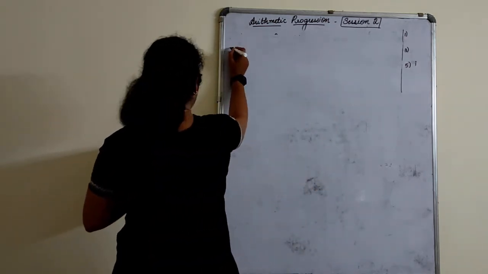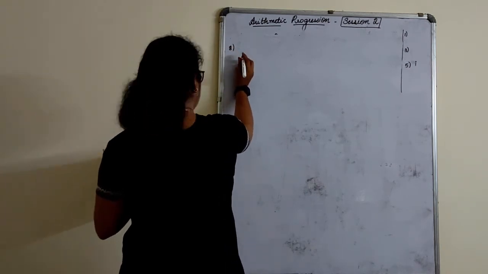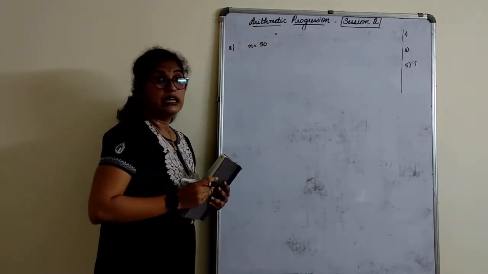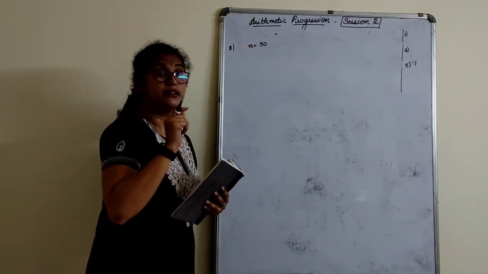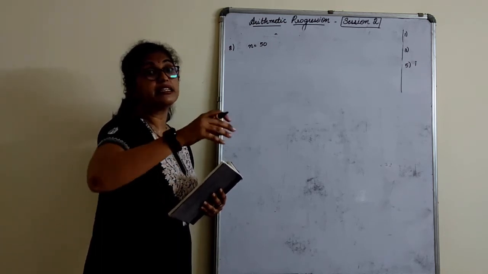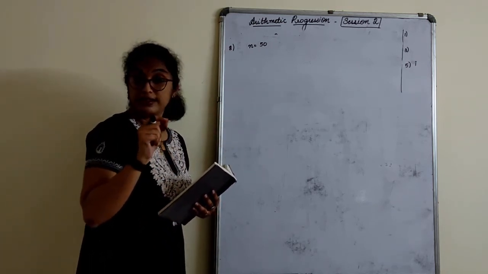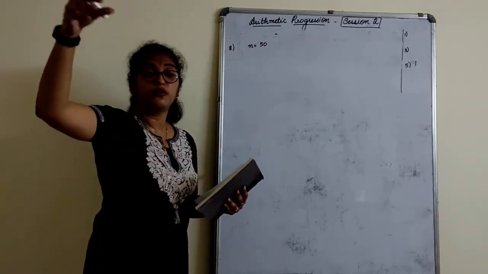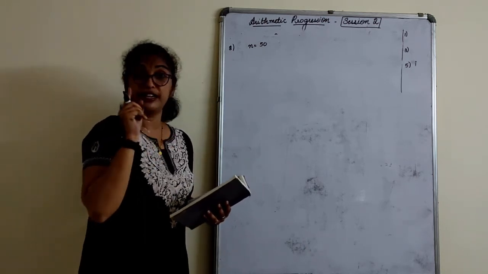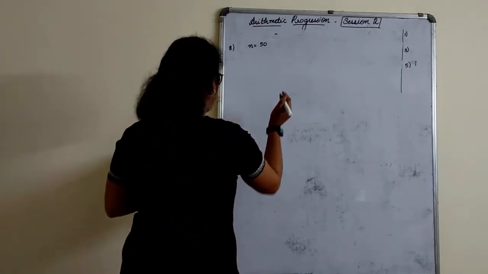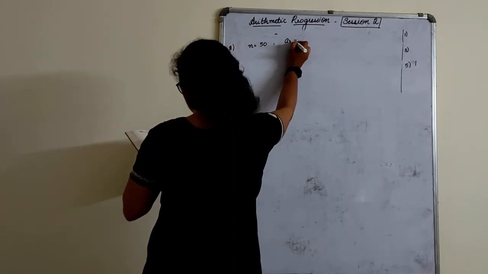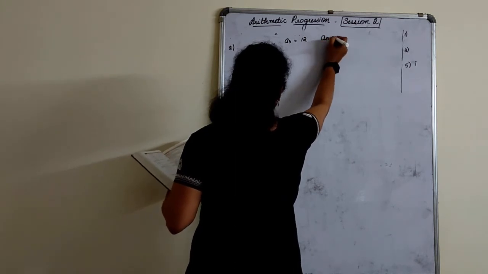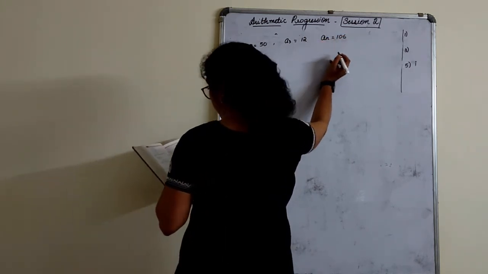Okay. 8th one. An AP consists of 50 terms. N is equal to 50. It consists of 50 terms, that is 1, 2, 3, 4, 5, up to 50 terms are there. Number of terms are 50. Learn to understand the question. In which the third term is 12 and